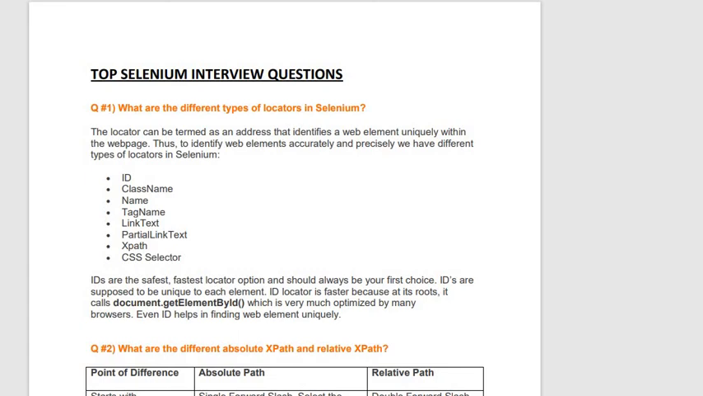So today we will be discussing the top Selenium interview questions. So let's begin. The first question is: what are the different types of locators in Selenium? The locator is basically used to uniquely identify any web element on a web page. So we have different types of locators like ID, class name, name, tag name, link text, partial link text, XPath,